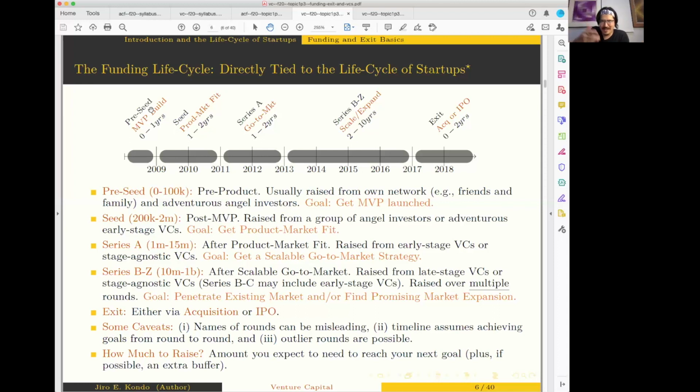But with that caveat, what I would say is an MVP build usually takes between 0 and 1 years. Most people will advocate taking the amount of time you think it'll take to achieve the goal of this funding round. The goal of a pre-seed is to build the MVP. Take that amount of time and add up to 50% more to give you a little bit of breathing room, a little bit of wiggle room, an opportunity to stumble along the way, and a recognition that you don't really know how long it'll take.